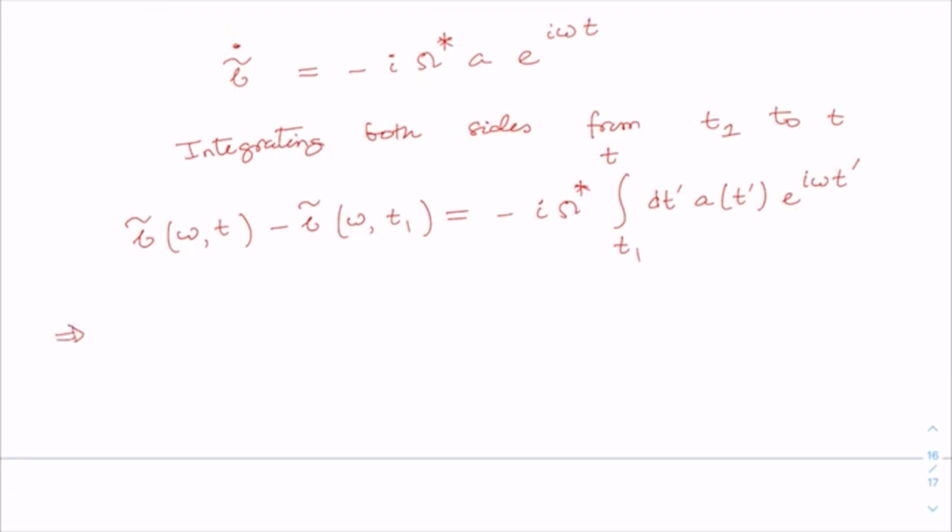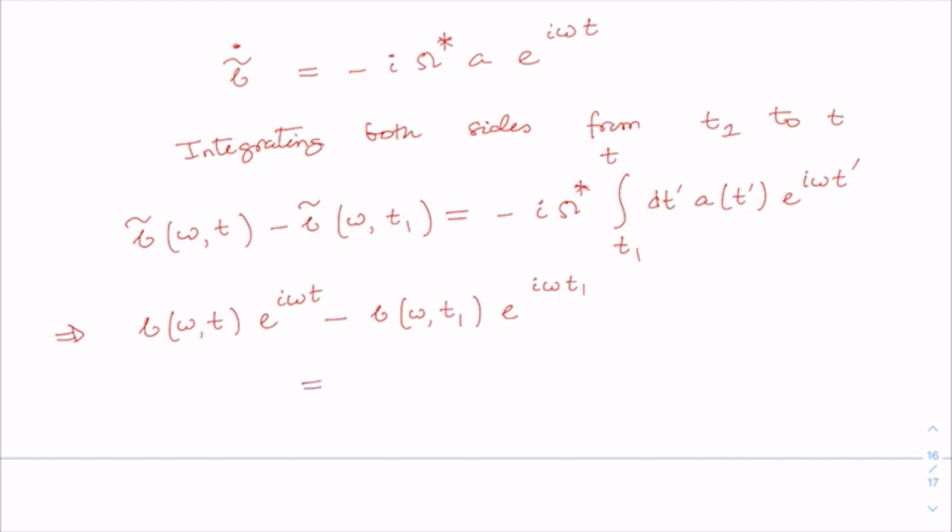This I can now write, going back to the original variable, as b of omega t e to the power i omega t minus b of omega t1 e to the power plus i omega t1,